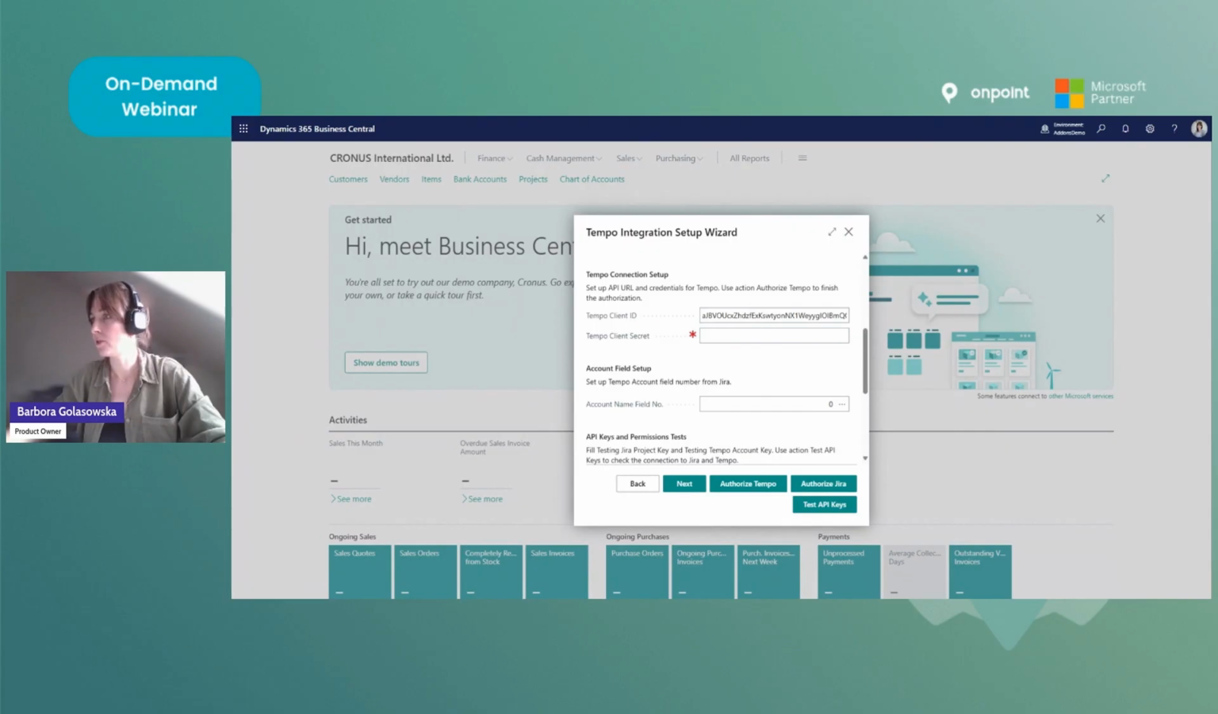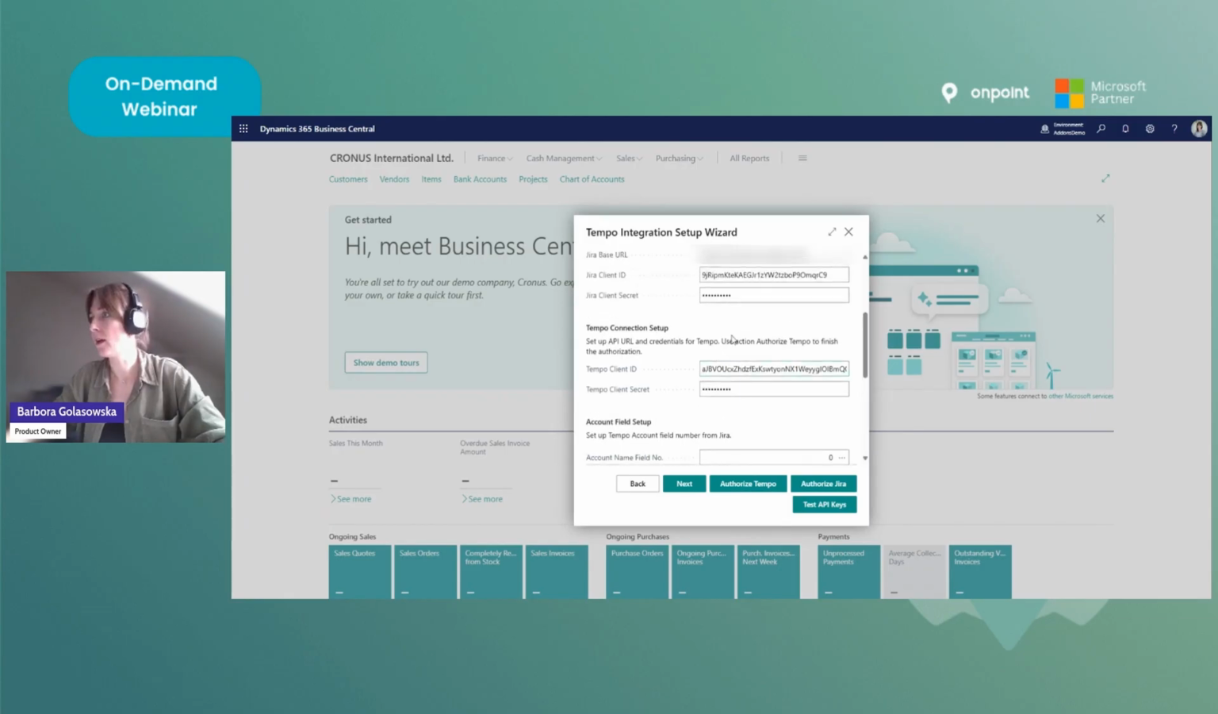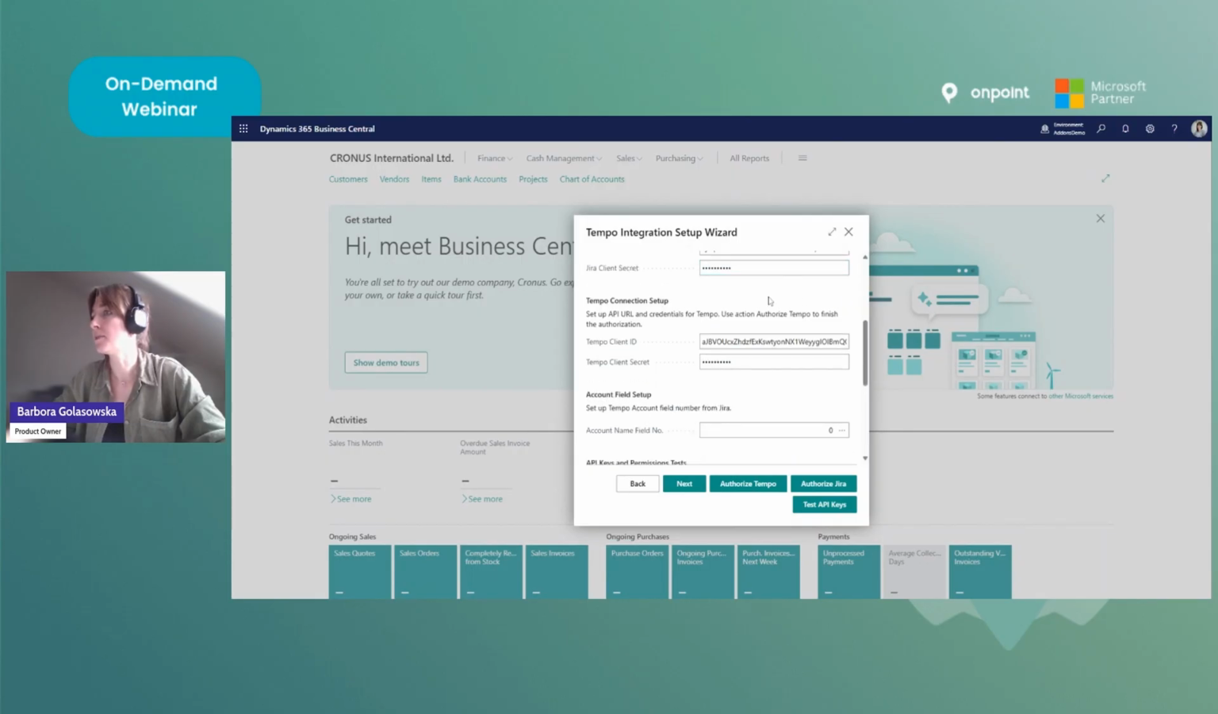And now I need the other value, the client secret. So let's do that here. Okay, and that's all you need to do for the configuration of the connection to your Tempo. Now we can move to the last part of this